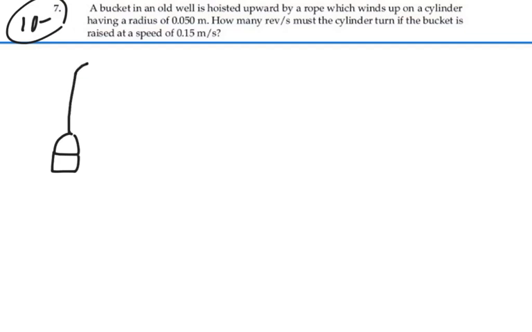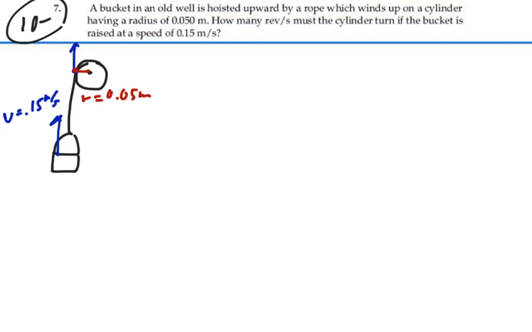and it's being hoisted up by a cylinder, and we know that the velocity we want on this bucket as it's being hoisted is 0.15 meters per second. But that will also have to be the velocity tangential on the cylinder for the cord. And if we have a radius on the cylinder equal to 0.05 meters,